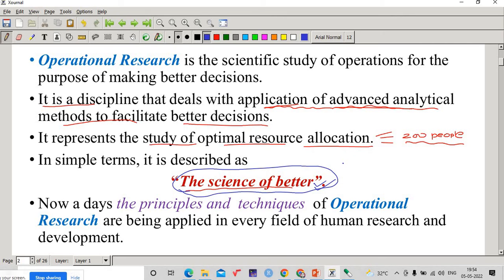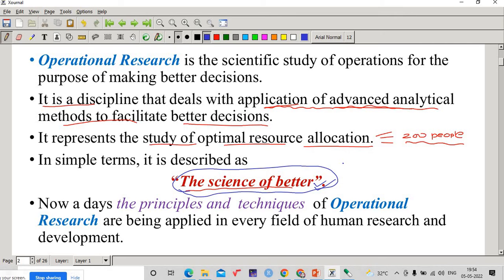Nowadays, principles and techniques of operational research are being applied in every field of human research and development. Many times, government sectors are also using operation research for optimizing all the resources we have in our hand, like the land, agriculture, or the military. And let me tell you one important and amazing fact: many Indian industries use this OR technique